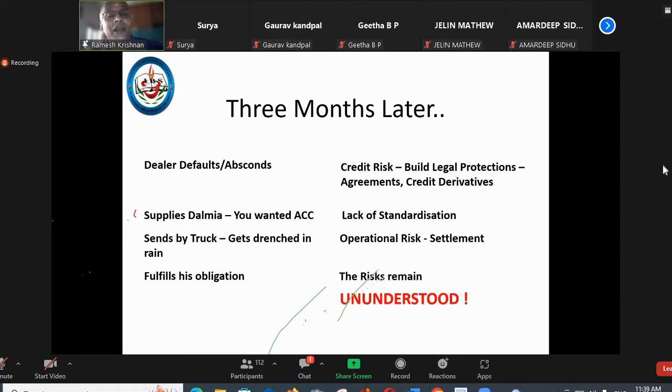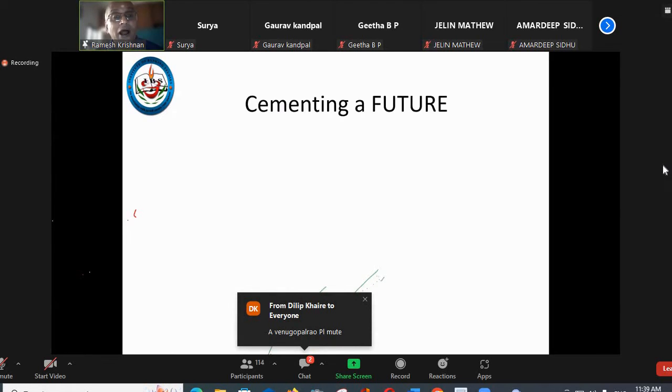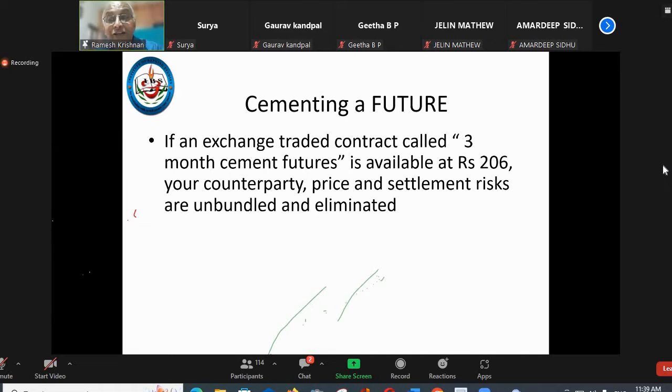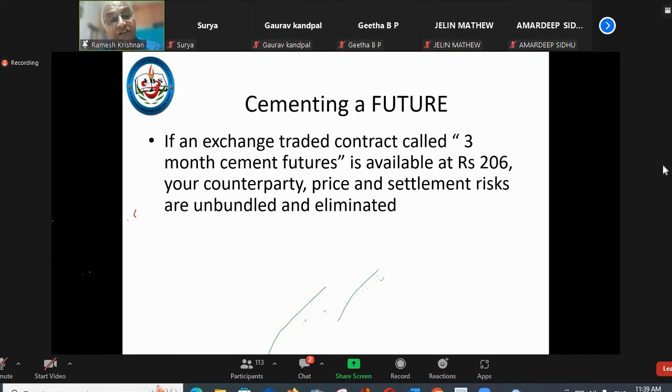Sab kuch maja hai, like that. If you pay now, 3 mahine ke baad, you will get cement at 200 itself. That is the understanding. So the risks are not unbundled and they are not understood also. So if you had a cement futures contract, if there is a cement future, then you can continue to buy cement from the market at whichever price it is going when you need it, and whether you want ACC, whether you want LNT, whether you want what is